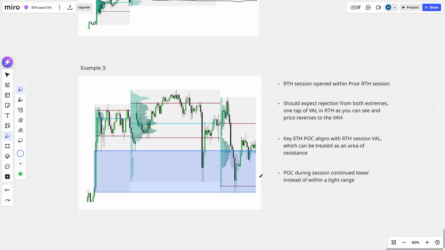And my hit rates through testing have been in the 80th percentile throughout this, when we see these prior RTH open to a higher open, meaning price goes up. These ideas, these concepts, they've been working. And hopefully they do continue to work. You know, I'm hoping for that because this is a big element to my personal bias. And hopefully this also provides some value for you in some way.